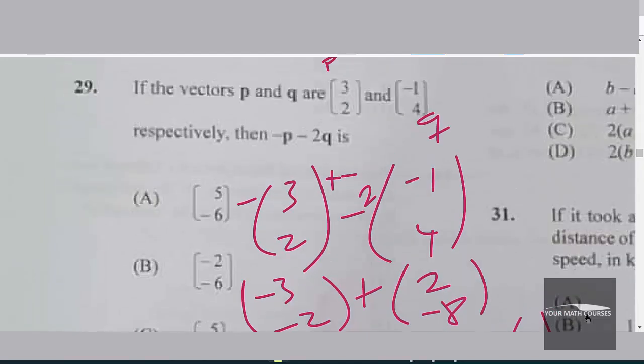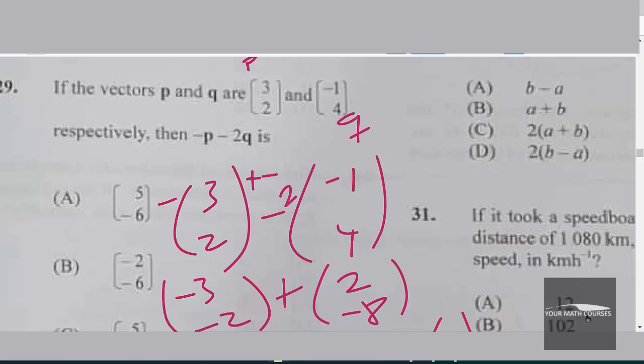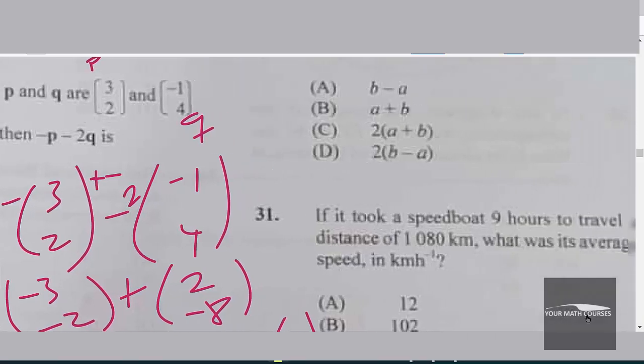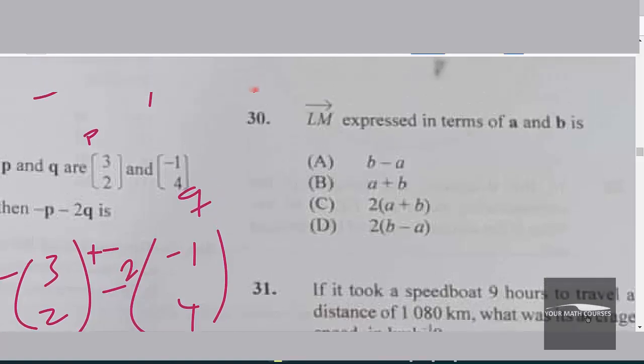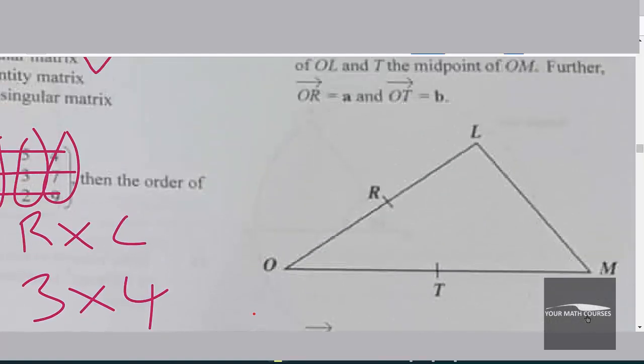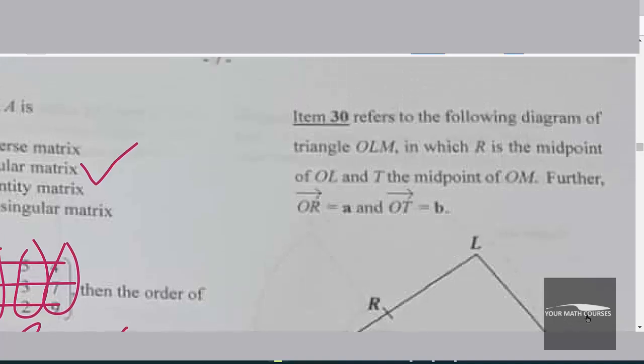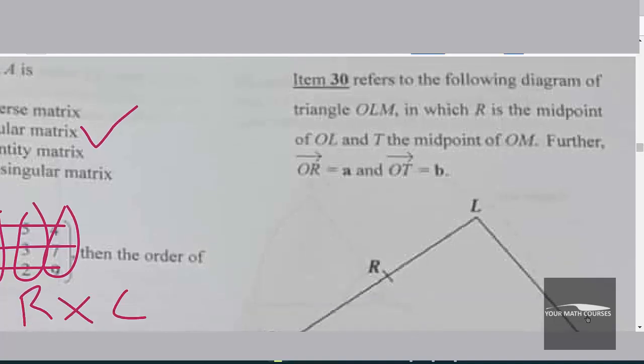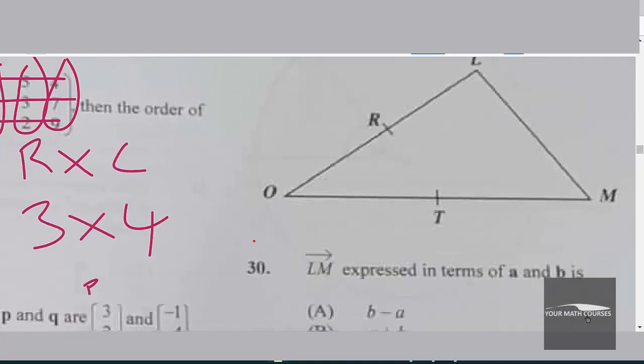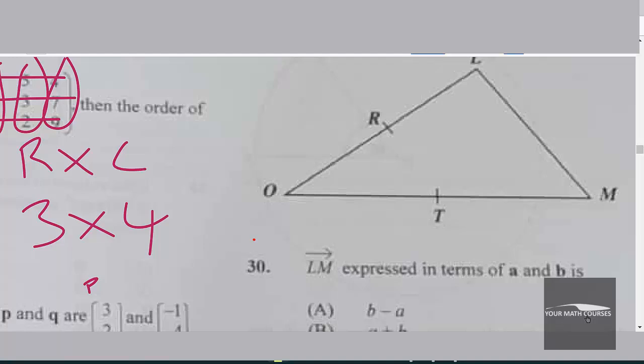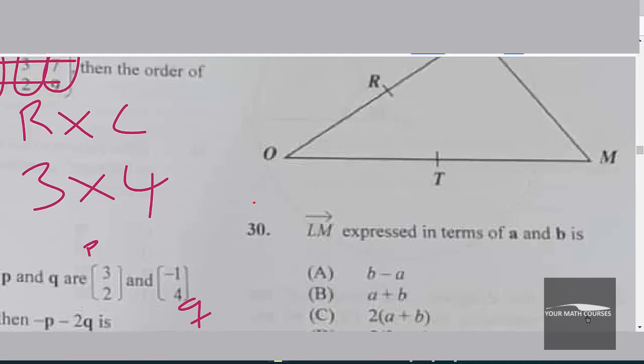Now let's look at number 30. Item 30 refers to the following diagram of triangle OLM, in which R is the midpoint of OL and T the midpoint of OM. Further, vector OR is equal to A and vector OT is equal to B. Vector LM expressed in terms of A and B is, so vector LM,